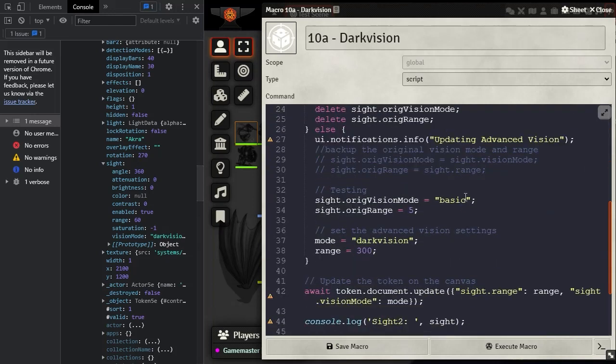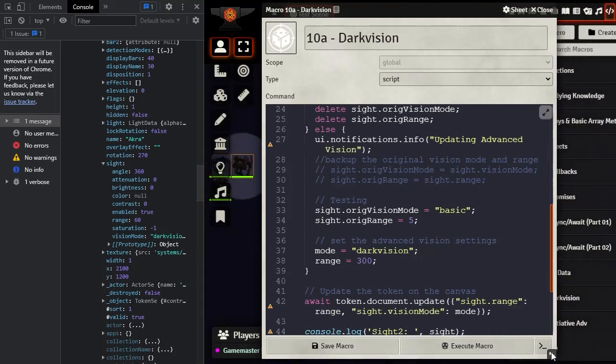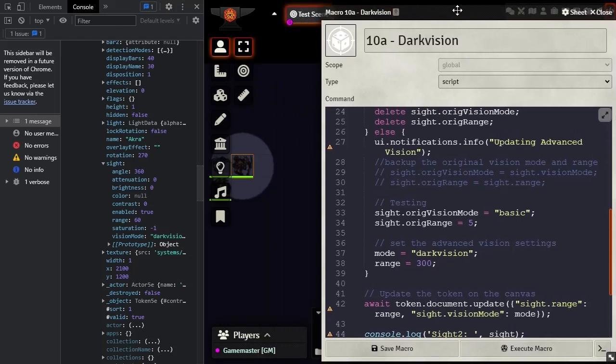And even in this mode, it actually glitches, where you have to do it 3 times to actually get it to work. But because we're forcing it to this, which means we want to be this guy because he already has the default of 5, we'll be able to see a little bit what's going on. So now if we click on our token, and if we click our execute macro,